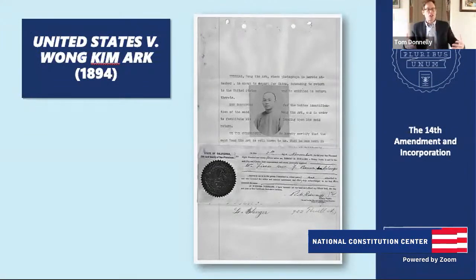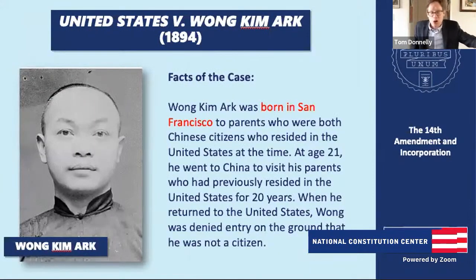So Wong Kim Ark, he's a Chinese American. He is born in California. His parents are Chinese citizens. And what happens in this case is that Wong Kim Ark's parents return to China. And so, like a good child, he wants to visit his parents. He goes back to China, visits his parents, then he travels back to the United States, tries to get back